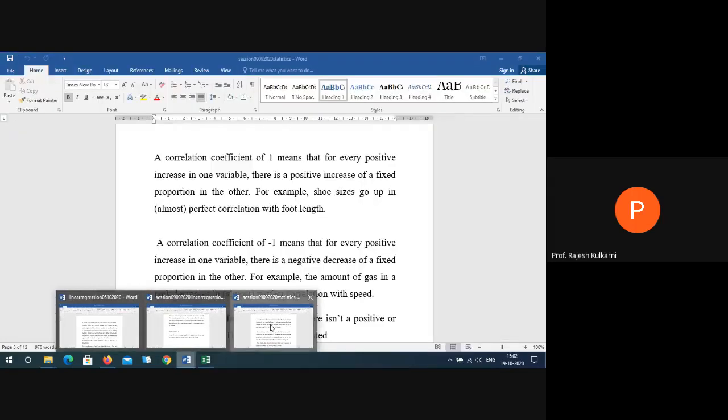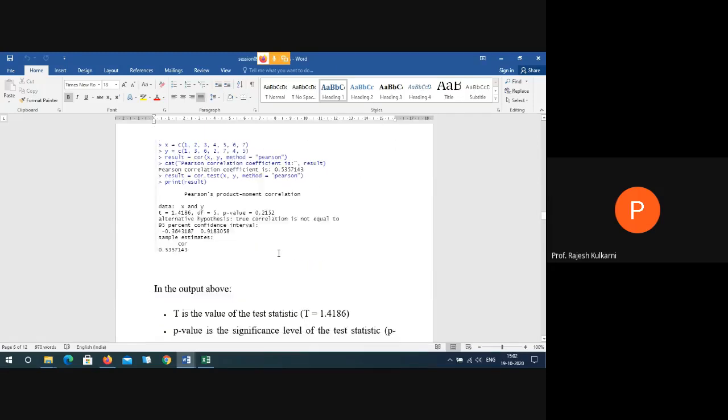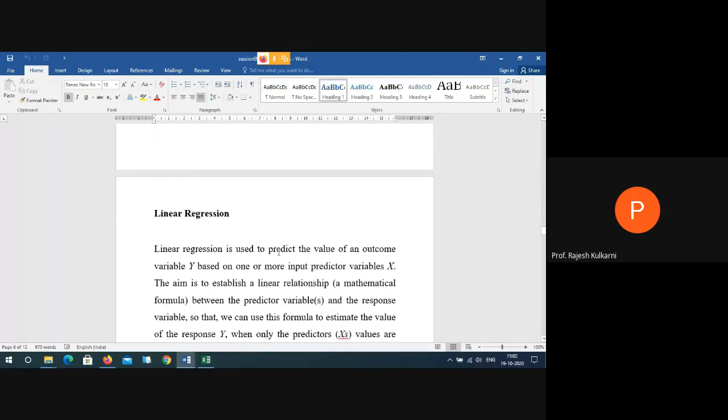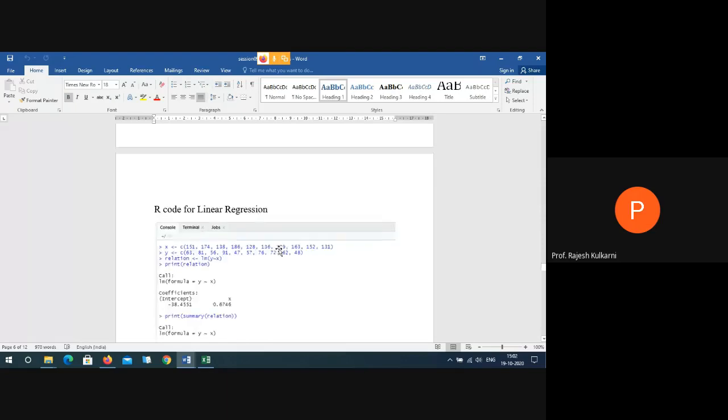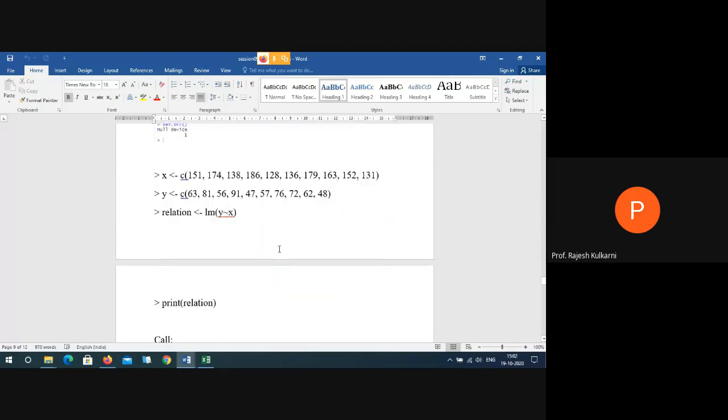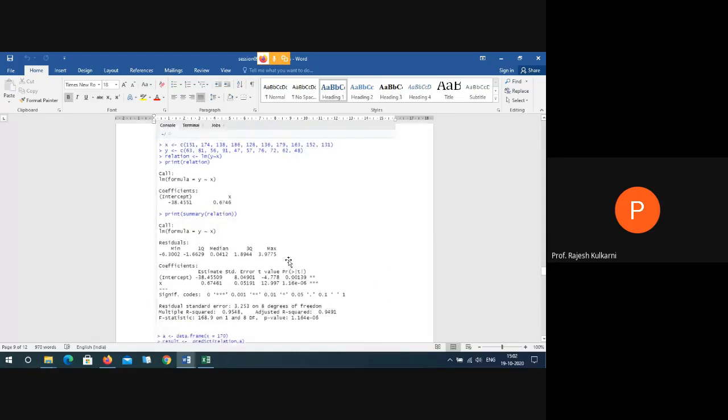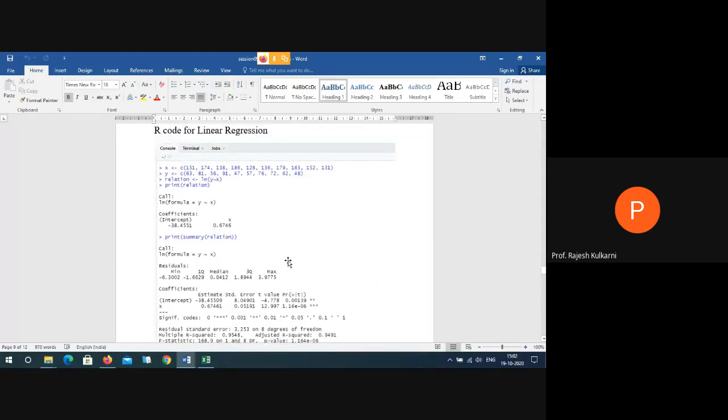I'll take the help of my sheet here. Are you able to see the Word file here? Yes, sir. Yeah, I am showing you the code for R. R is again a very famous tool which is used in machine learning. So as you can see here,